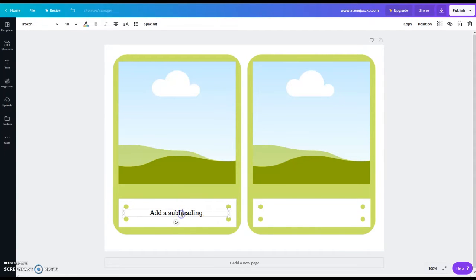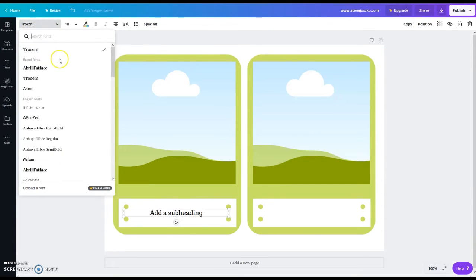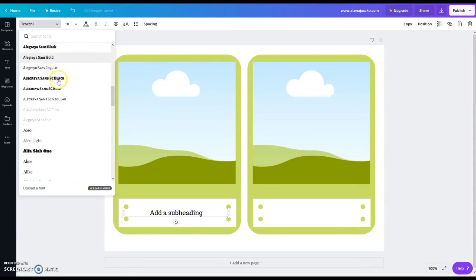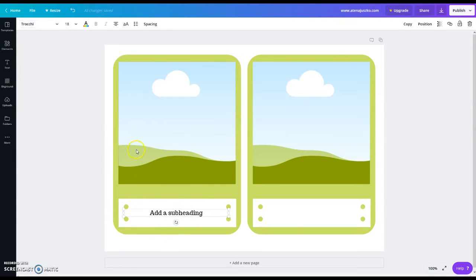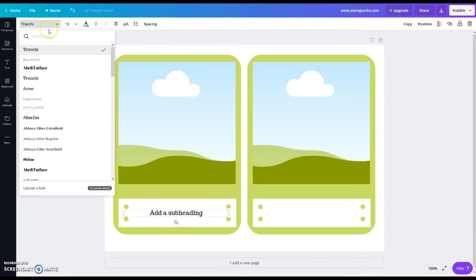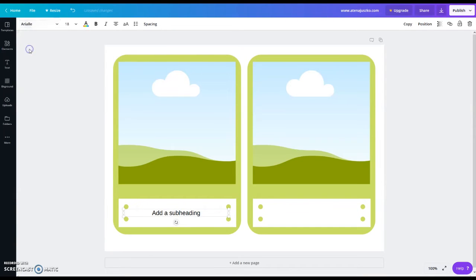And once you click on the text, here you will see the font that's been used, and once you click on that, you have all the different fonts available to you. Now I actually like a font called Arial, and I can just start typing it here, and here it is. I'll click on that. So just make sure that this is Arial, and I can highlight that, and I can also change the size. I'm going to go for something really large like this, and I'll just type over it. I'll just write label,